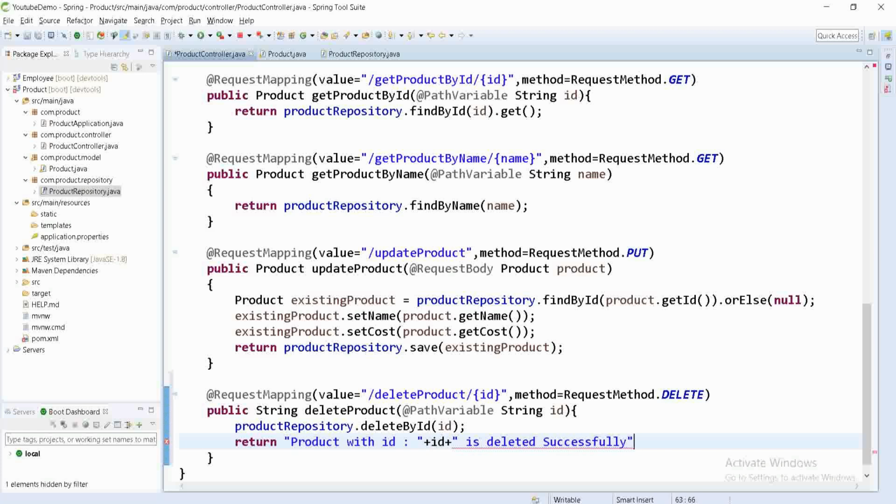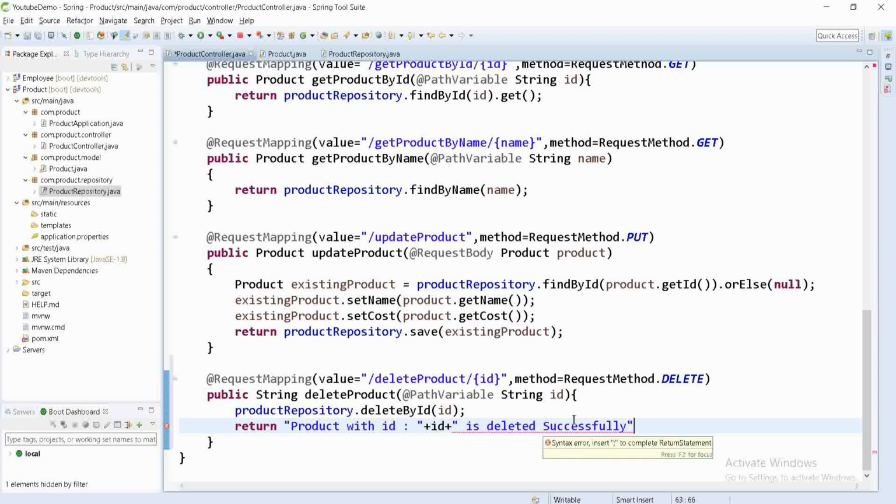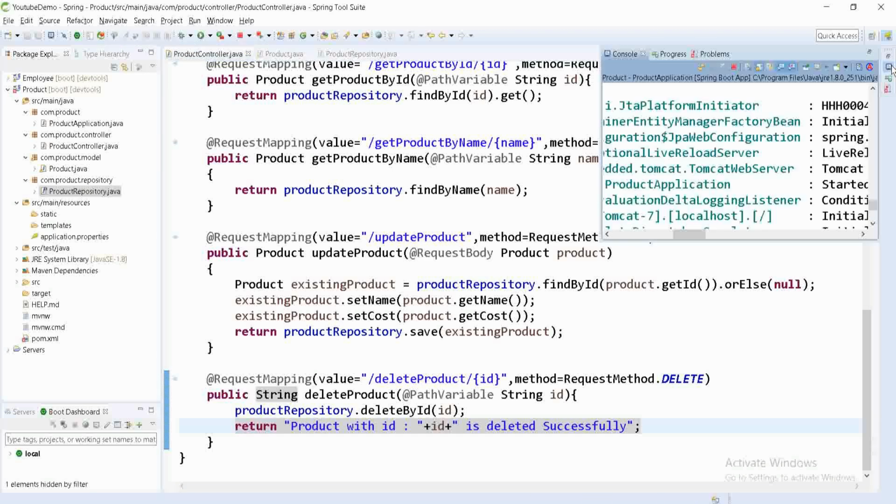Okay, and let's save this. It will restart automatically, so wait for that.